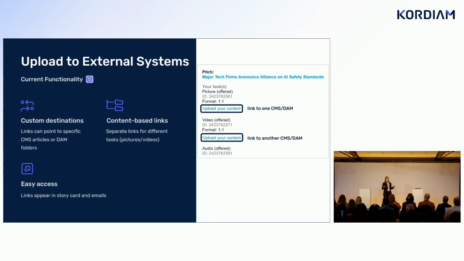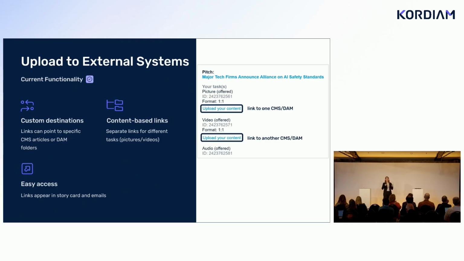So imagine you have a story and you have pictures and videos, and you want the pictures to be uploaded to one specific DAM folder, but the videos need to go to another DAM or to another DAM folder. You can also have that. And these links are obviously available in the story card itself, but they are also actually available in the